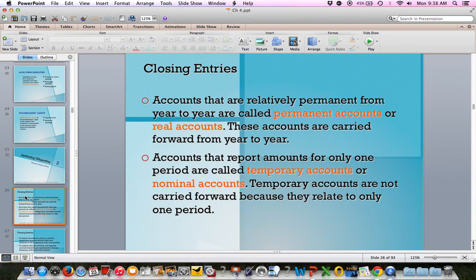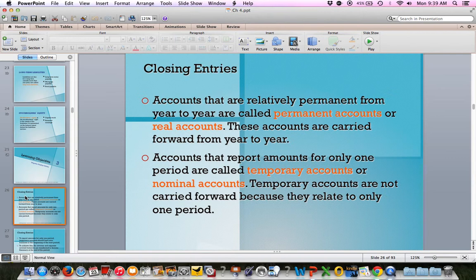Some newer information for us for this particular chapter is the process of closing entries. We get to the end of an accounting period and we do the closing process. And we do that so we can update our accounts and get them ready for the next accounting period. So we're doing stuff here as of December 31st. So we close our books for 1 year and we prepare them to be ready for the next year, which